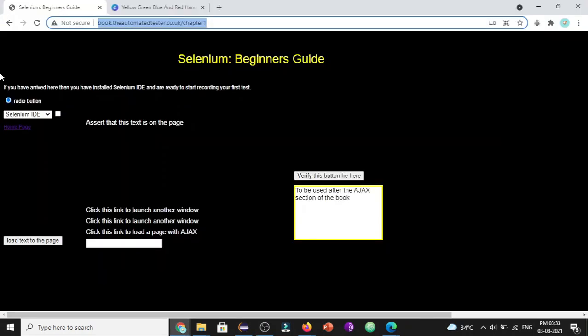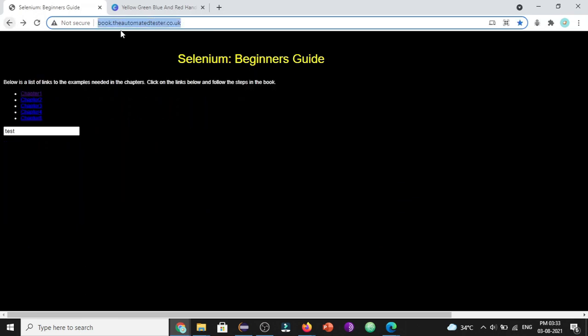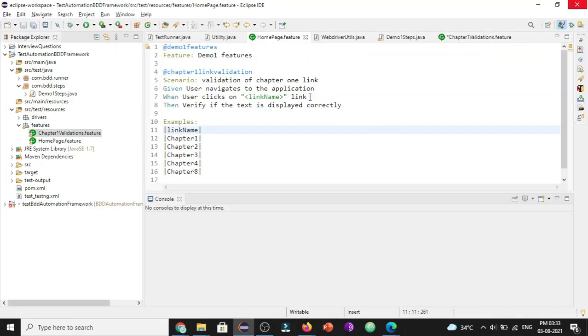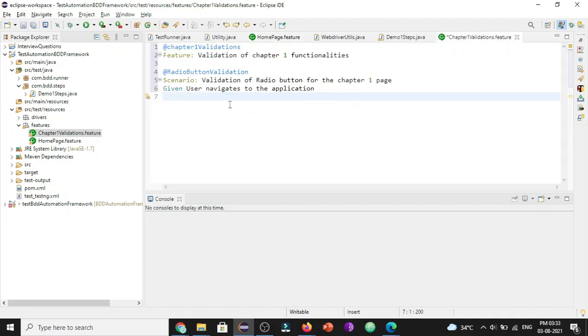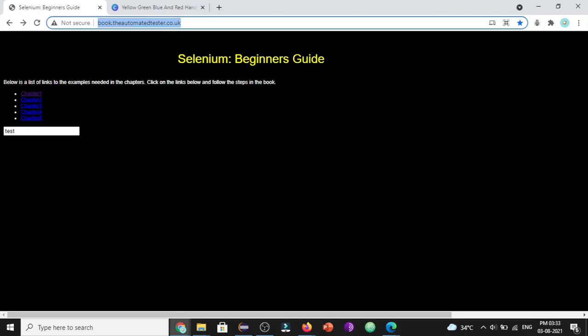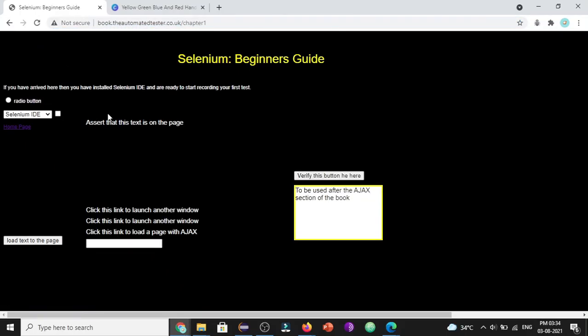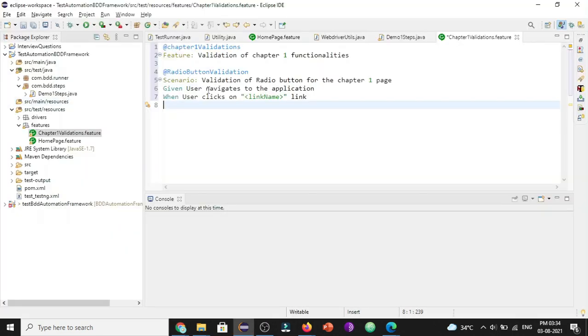Then, once we have navigated to the application, we need to click on the chapter 1 link. Clicking on the chapter 1 link is also developed under the step user clicks on the link. So let's copy the same and paste it now. When the user clicks on the chapter 1 link, the next step is to click on this radio button.